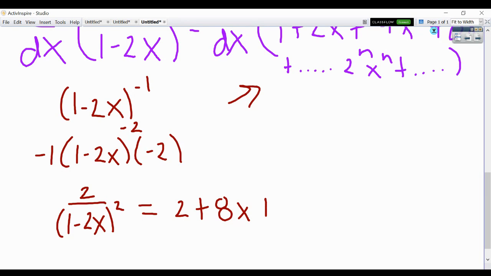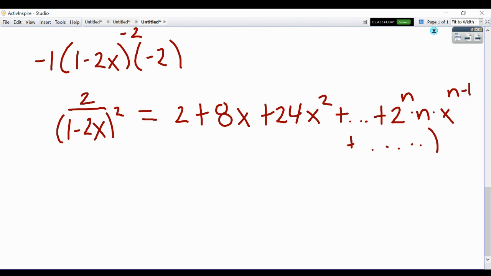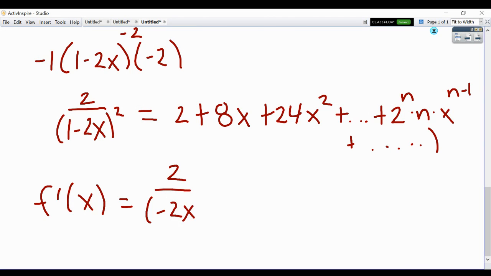plus 8x plus 24x squared. What pattern do we have going on here? Plus dot, dot, dot, plus, oh, that's 2 to the n times n times x to the n minus 1, plus dot, dot, dot. We can keep going. We can find an infinite amount of terms. So we can rewrite this power series and say, wait a second, we just found a polynomial that works for this f prime of x. So f prime of x equals 2 over (1 minus 2x) squared,